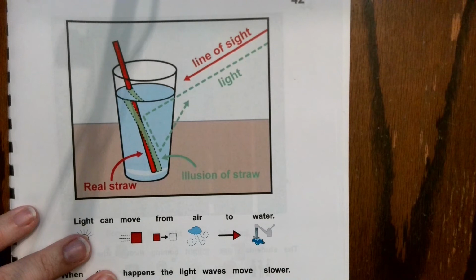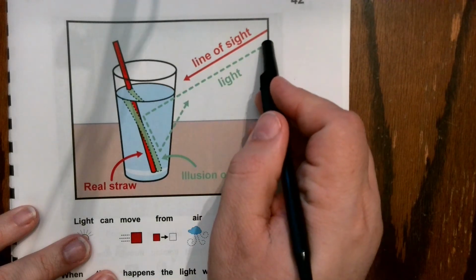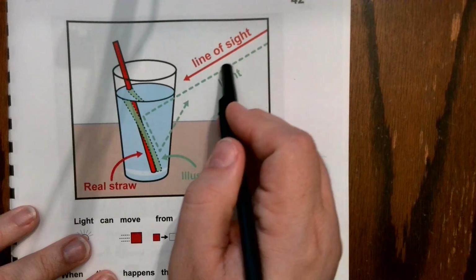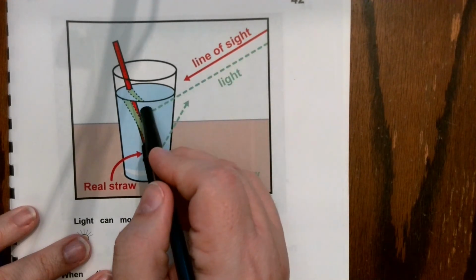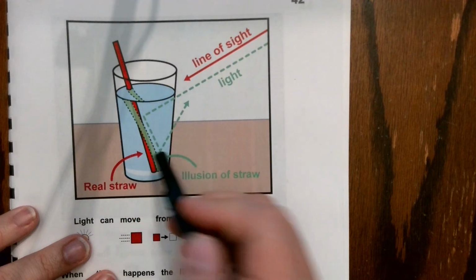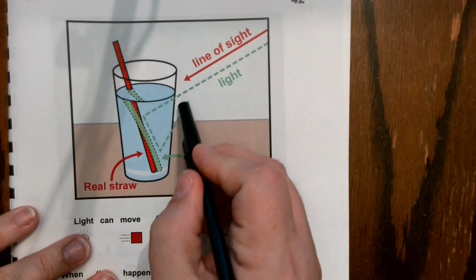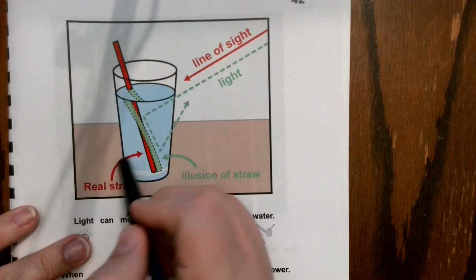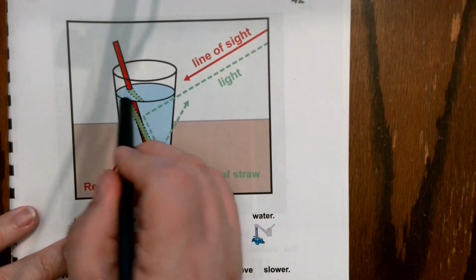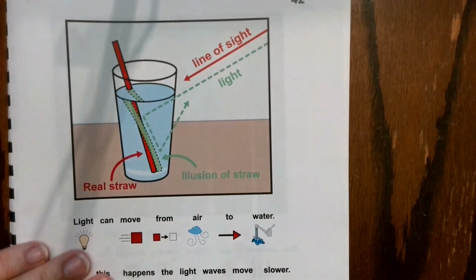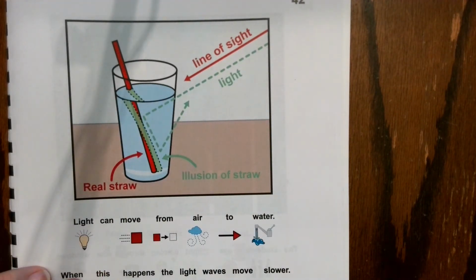But there's like a magic illusion because the green light, or the light here, is going right down here and bouncing off of the straw through the glass. It makes the straw look like it's bent and not connected. Why is that? Because